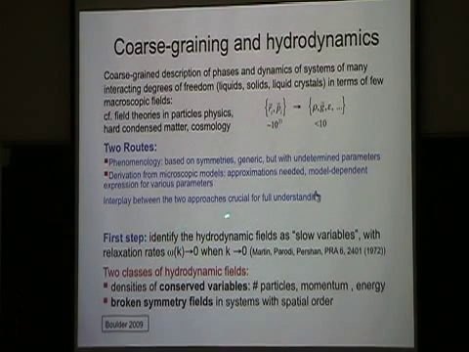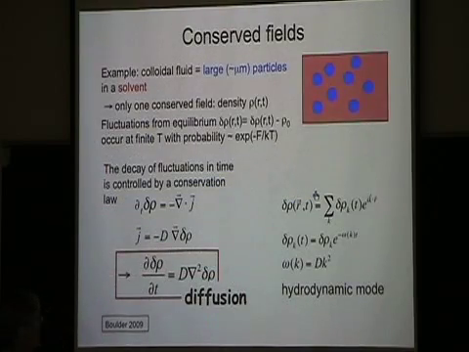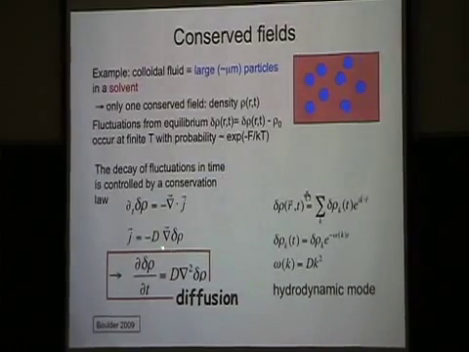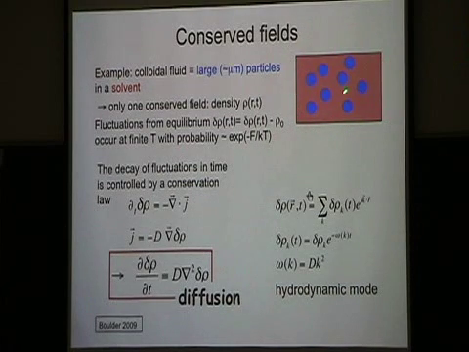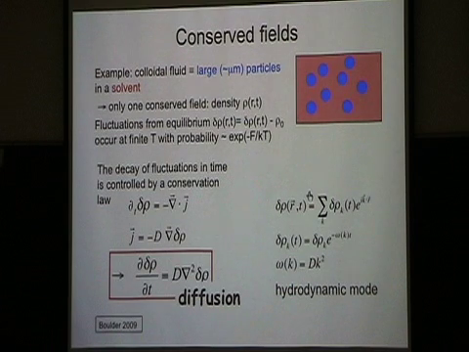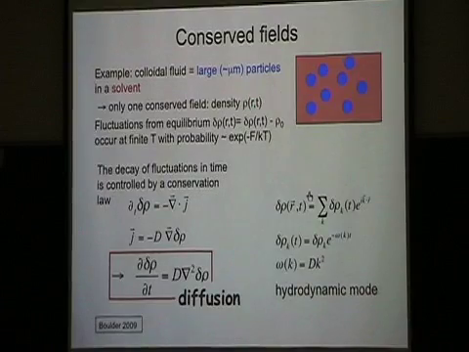So the first thing we need to do, when we start with a system, is identify these two classes of variables. Let me give you an example. The first one, the conserved field, is familiar, but let's just go through this. Suppose we consider a colloidal fluid: large, micrometer-sized colloids in a solvent. Clearly, in this system there is only one conserved variable, which is the number of colloidal particles, the density. If I think of the solvent as just a momentum sink, it just provides the damping, so the momentum is not conserved. So I only have one conserved field, the density.